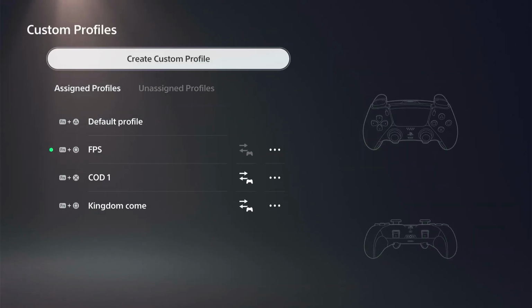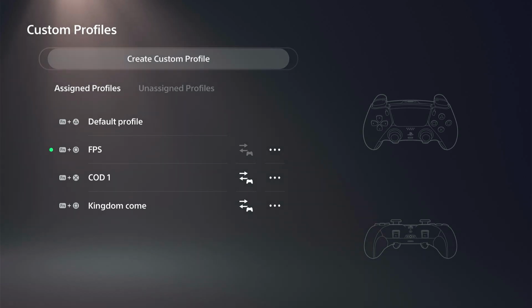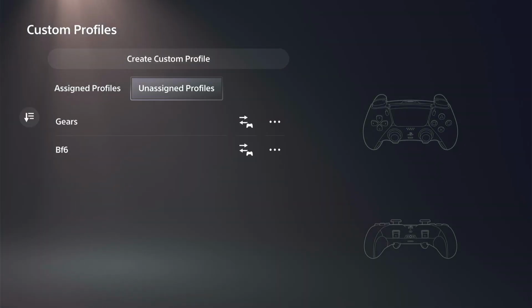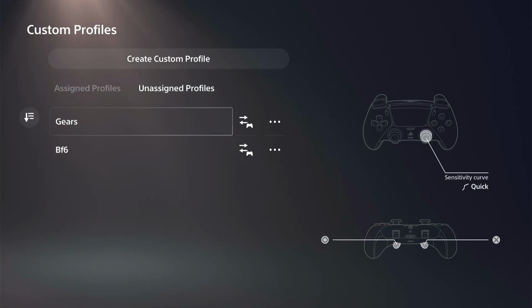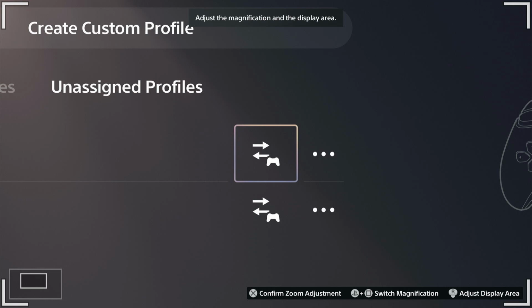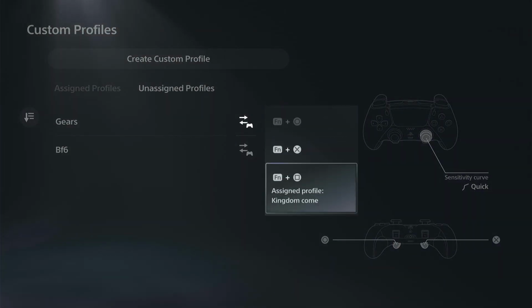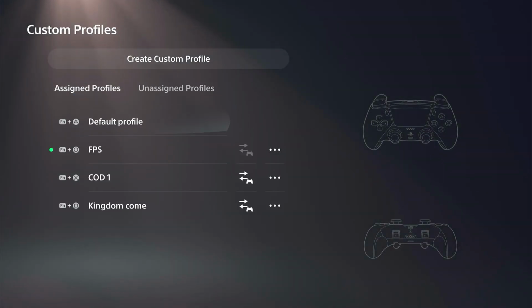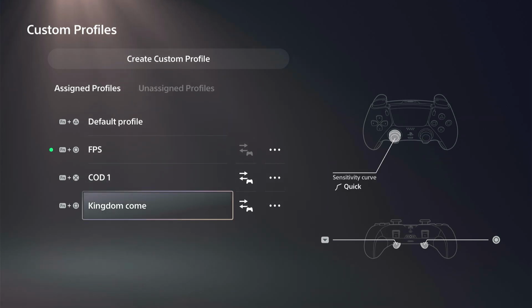And if you don't already have a custom profile created, go to create one on the top. And then you can go to unassigned and assign it a position under your main slot. I believe you've got to go over here to this option right here, and you can move it to the assigned slots. So once you have it under the assigned slots, I got FPS, Call of Duty,